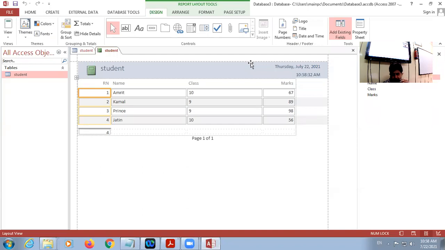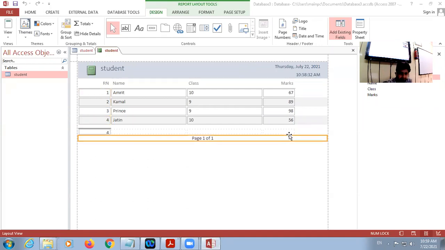Examples of reports are your telephone bills, your electricity bill, any invoice. If you purchase something from the market, you get an invoice. So that is a printed format of your data. Data is saved in tables. But whenever we create a sheet on which different data is placed and we can get the printout, this feature is called report.